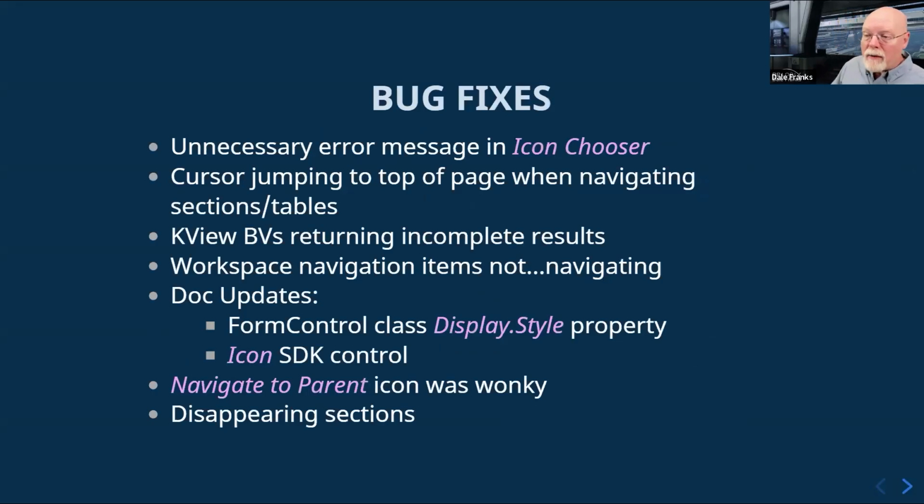Finally, bug fixes. There's quite a few of them. One, which I found particularly irritating because it was so unnecessary, was an error message that would pop up anytime you chose an icon in the icon chooser. And I mean, anytime you chose an icon, it would tell you, oh no, this is all going to fail. Destruction and disaster are upon us. After which everything worked exactly the way it was supposed to work. So we have gotten rid of this entirely unnecessary and not useful error message so that hopefully we only see error messages when there's actually an error to prompt the message in the icon chooser.